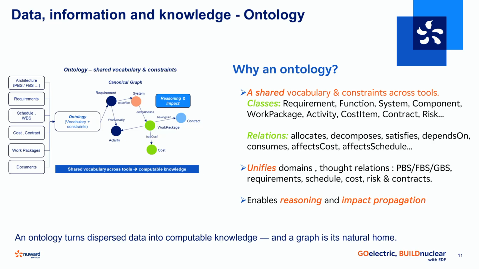One of the things that the ontology also gives you, which is really very powerful and is used in many other industries, is what we call reasoning, and the reasoning and impact propagation. I'm going to give you a very simple example. It's what we call inference. Basically, you've got an object that has a certain property. Let's say you have an animal that is nursing its young. By just knowing that it's nursing its young, you know that it belongs to a class, the mammal class.